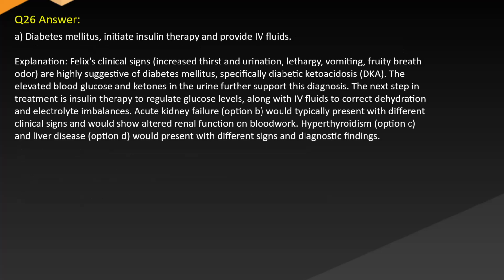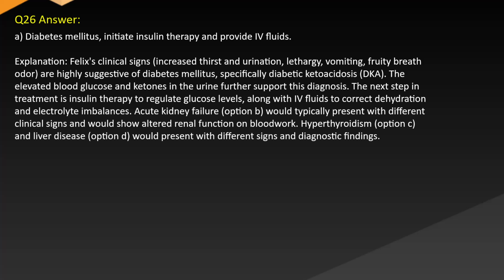Answer A. Diabetes mellitus, initiate insulin therapy and provide Romanoids. Explanation. Felix's clinical signs, increased thirst and urination, lethargy, vomiting, fruity breath odor, are highly suggestive of diabetes mellitus, specifically diabetic ketoacidosis (DKA). The elevated blood glucose and ketones in the urine further support this diagnosis. The next step in treatment is insulin therapy to regulate glucose level, along with Romanoids to correct dehydration and electrolyte